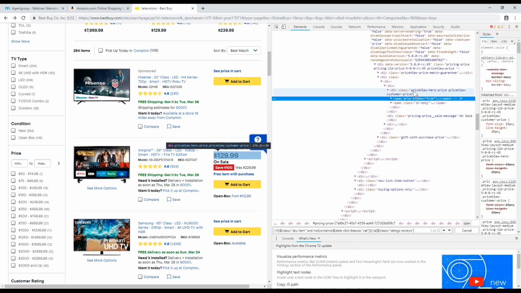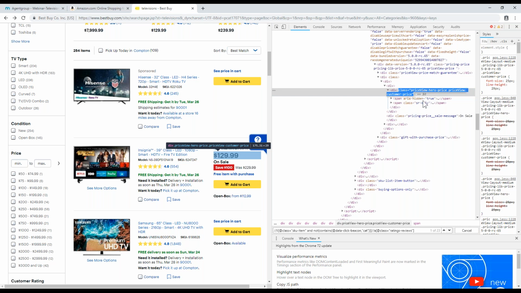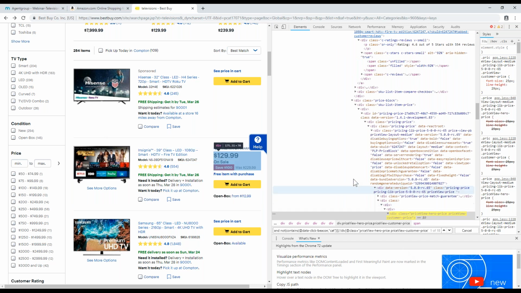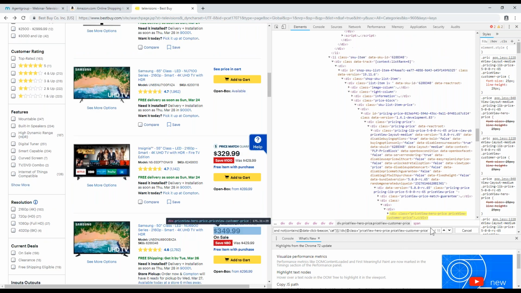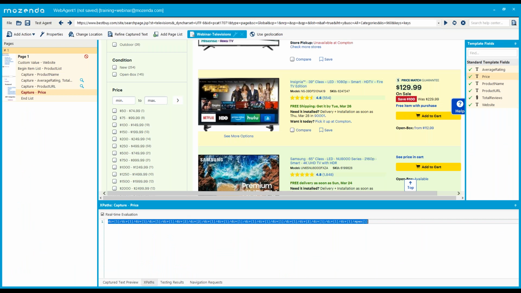We see a pretty good class right here that says price view hero price, price view customer price. That sounds pretty good, so let's copy that and create a div, or look for a div in the XPath that holds that class value. It finds 18. Let's make sure that it's only finding ones that we want. Yeah, it's not finding any of these like was prices. It's only finding, you'll notice, the actual prices, the customer prices, as the class name implies. So we'll copy that over, and that will find a lot of them,